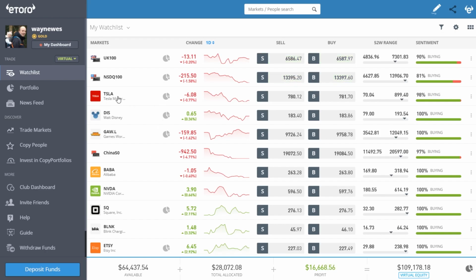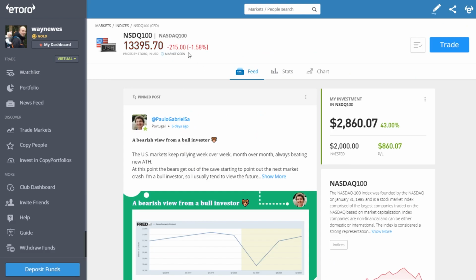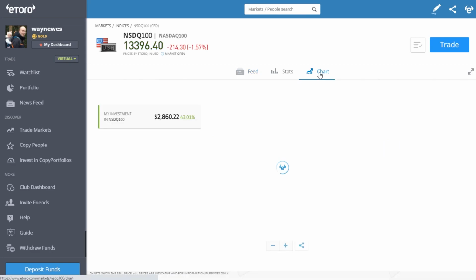Now, the first thing that we do is we find the initial thing that we want to compare against. I like to compare generally against the indices because that's like the average of where the market's going, and the Nasdaq, being tech heavy at the moment, is obviously one of the best performing. So just click on that one. To compare the Nasdaq with many other things, what we then do is click on chart, and then once